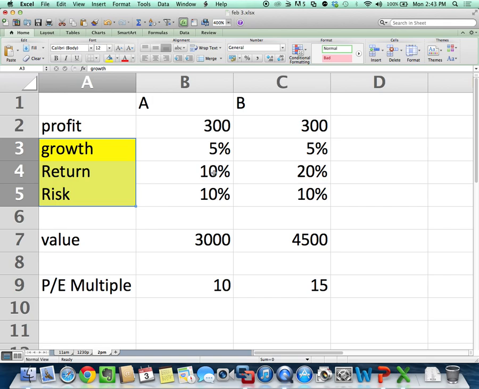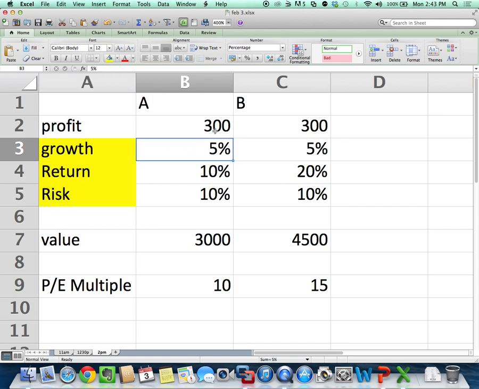But what if I want to be better? What if I want those earnings to be worth more? So I don't just grow by having more dollars of earnings. I grow because every dollar is worth more. How do I make every dollar of earnings worth more? Well, what happens if A